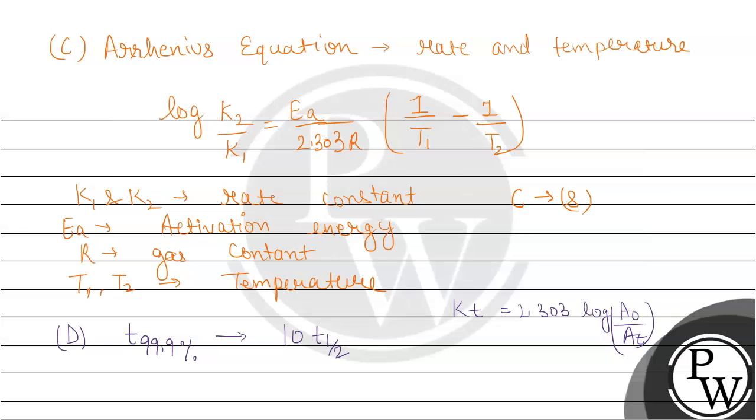This we have already discussed. So when we have T 99.9%, this will be 2.303 divided by K log of, if the initial concentration is A, then At will be A minus 0.999 A, and